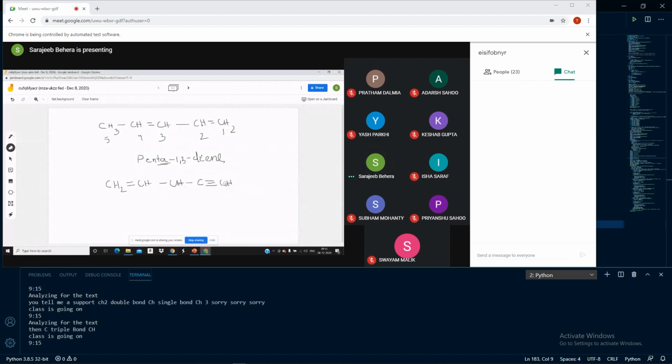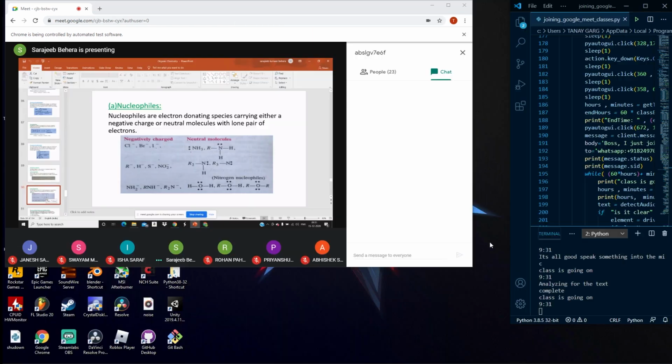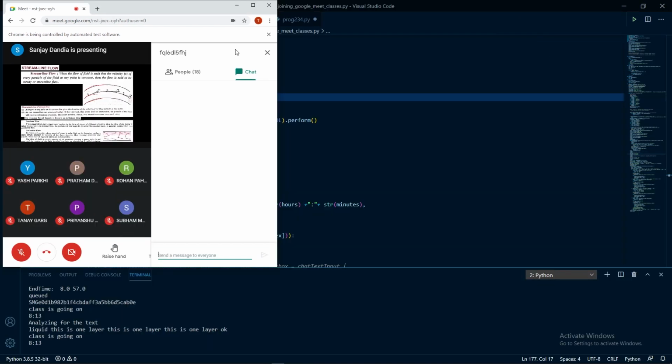And although it's not as good as something like, let's say, Google Assistant, it does reply to some phrases which are characteristic to my teachers. Like, are you getting it? Are you completed or not? Did you understand? Are you writing? Understood? Have you completed? And then, depending upon which phrase it heard, it types the appropriate answer in the chat box.